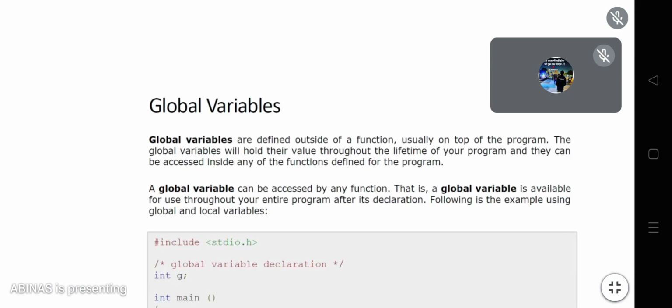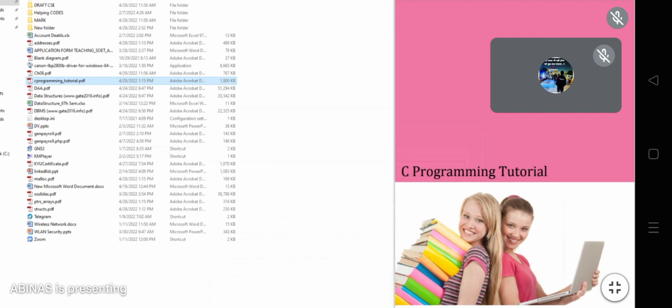For 15 minutes, you do one thing: write a program using factorial. Write a program to find